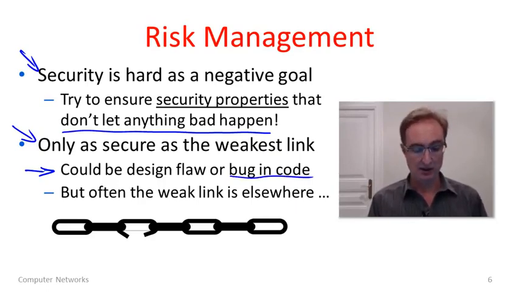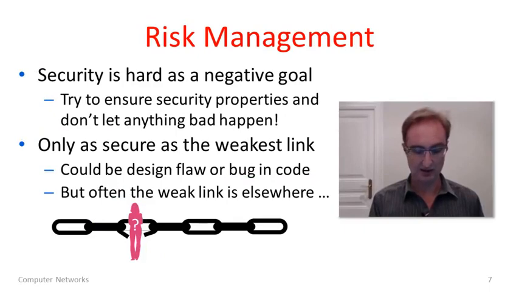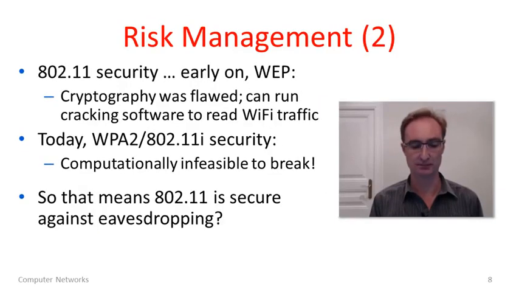Whoops. Or actually, more often than not, the weak link in the chain is something else. It's something in here, and guess what? It's you and I. For instance, people need to choose passwords to use all of these systems. If you choose very weak passwords or share passwords, you might compromise the security of the system, no matter how good the crypto is. So people are often viewed as the weakest link in security schemes.